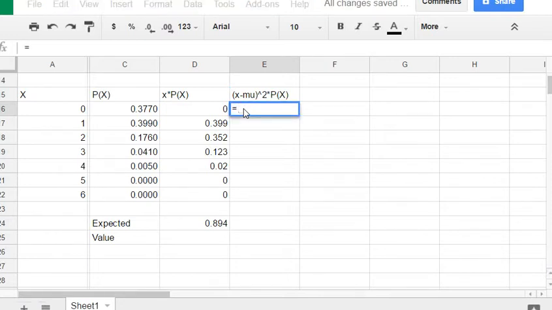So it's going to be equals, parenthesis, my x is in column A, so let me click on that 0, minus the mean. Now you've got 2 choices for the mean. You can just type in 0.894 and that's fine. Or,